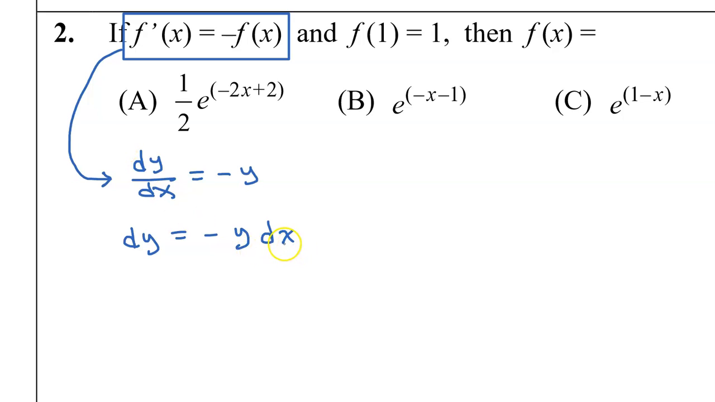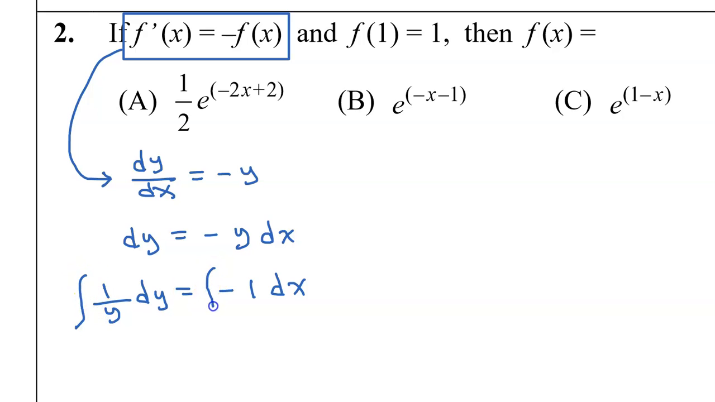So we have the x's on the right. I want all of the y's on the left. I can move this y over to the left by dividing both sides by y. Now that I have the y's on the left and the x's on the right, I can integrate both sides